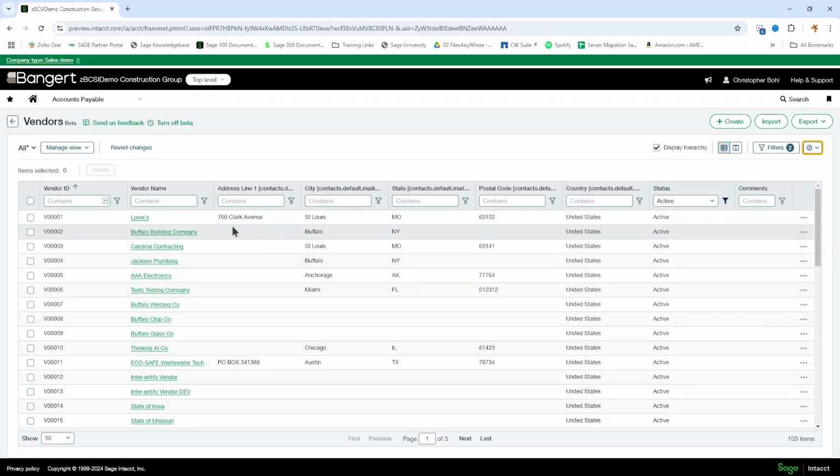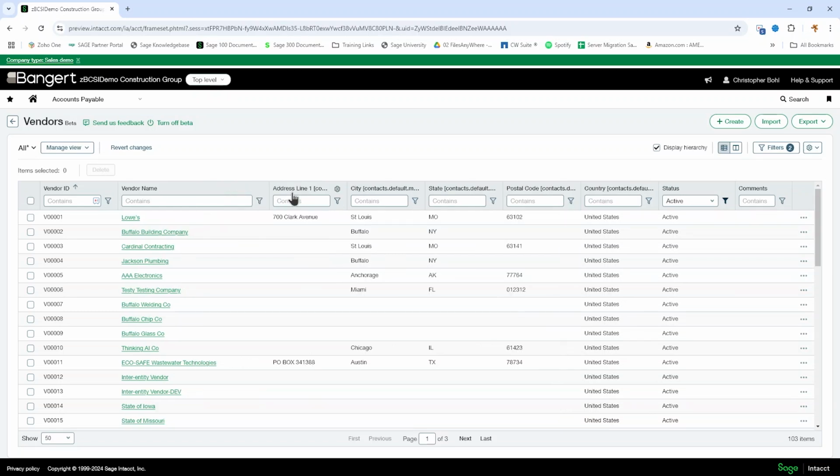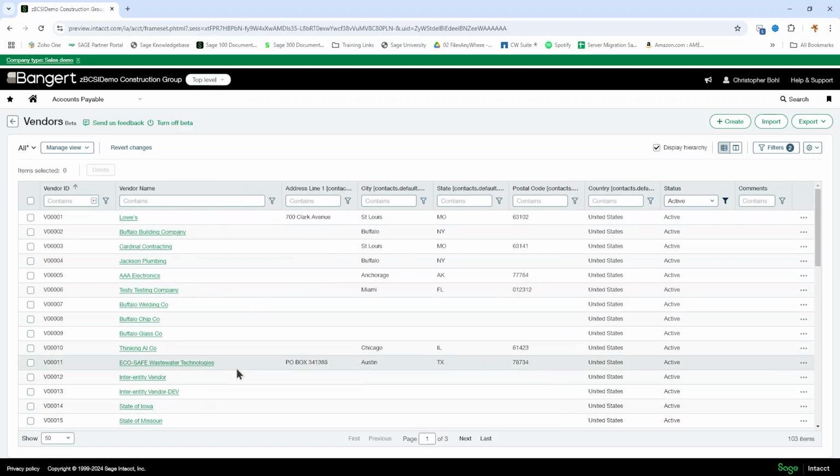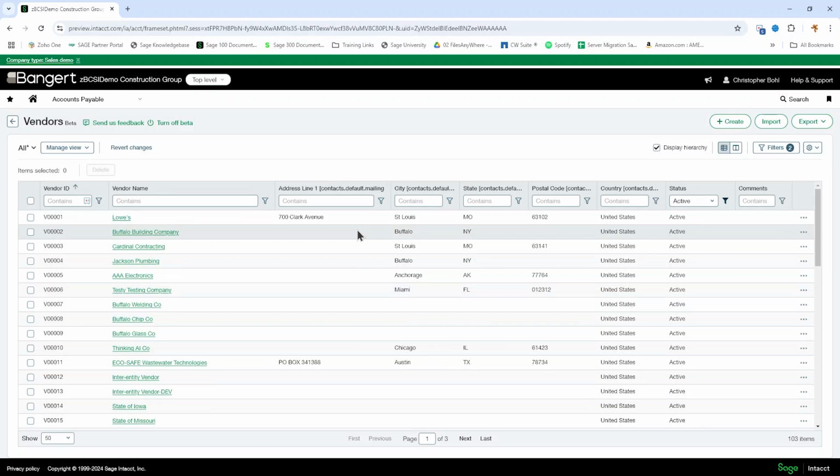And now we can as well change the size of these columns. So I can click and drag and make sure I have plenty of room for my vendor name. I can also double click on these columns to automatically size. And that one may already, no, that one did need to be fit for the values that are in it. So we see it widen. And then I can also rearrange these. So if for some reason I wanted my city before my address, I could move my city before my address just by clicking and dragging.